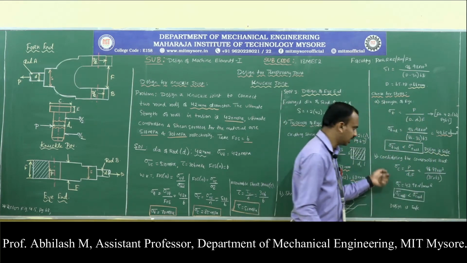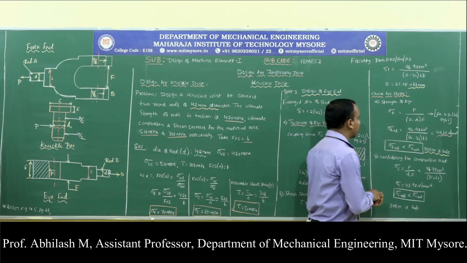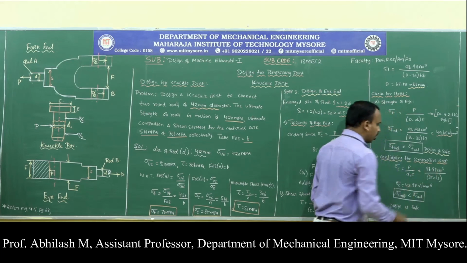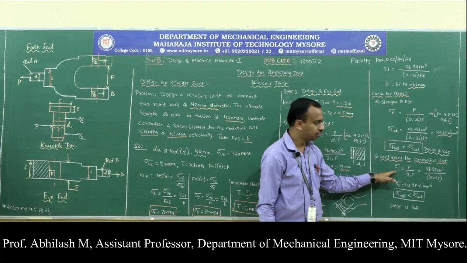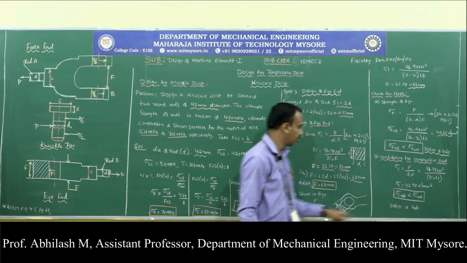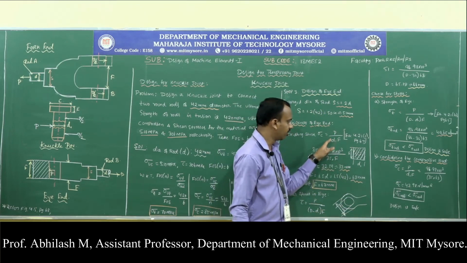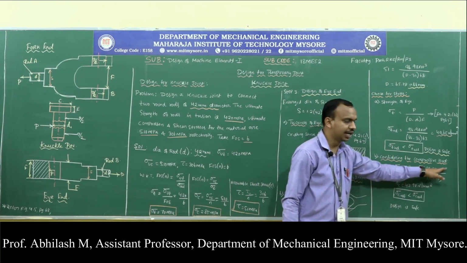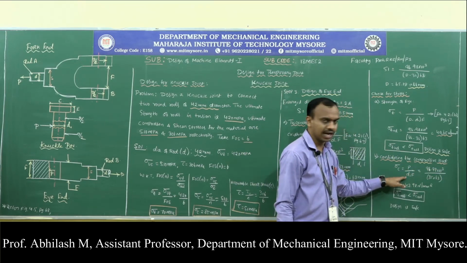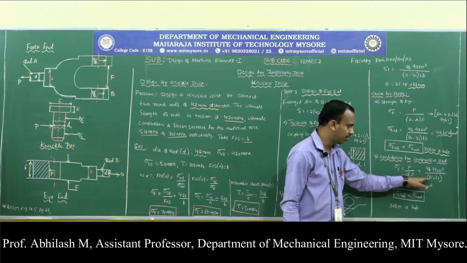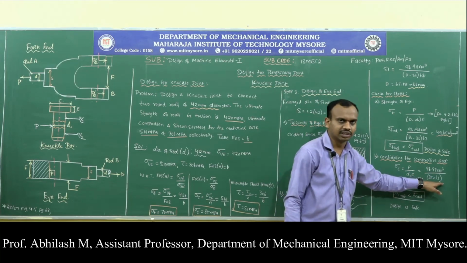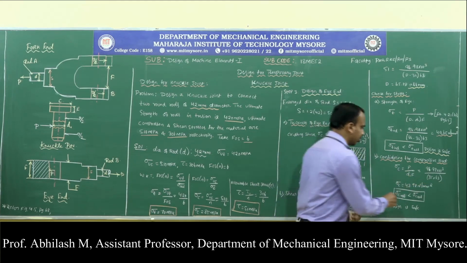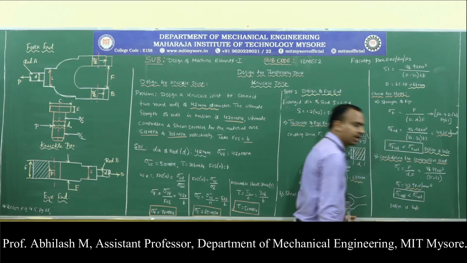What about the crushing strength? Considering the compressive load, we know the expression sigma C is equal to P divided by D1 into F. Here we have written P divided by D1 into F, load by area. So the load is 96.98 into 10 to the power of 3. D1 is the diameter of the knuckle pin, that is given as 35. F is thickness, which is given as 63. So sigma C value after calculation we have obtained is 43.98.